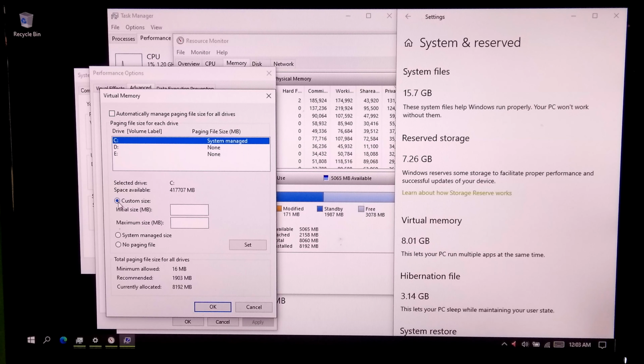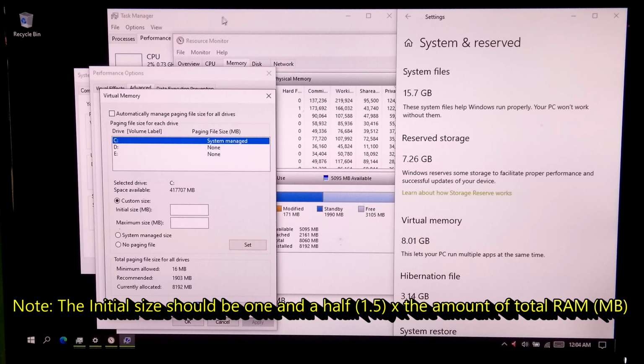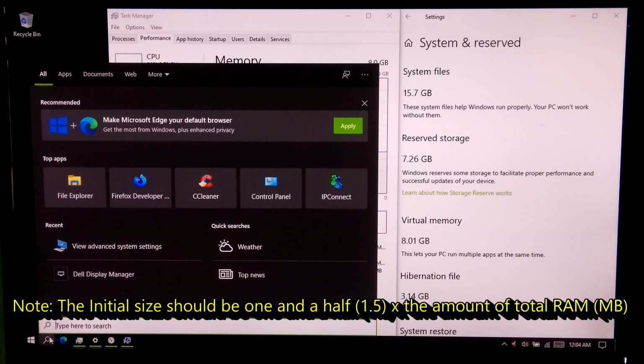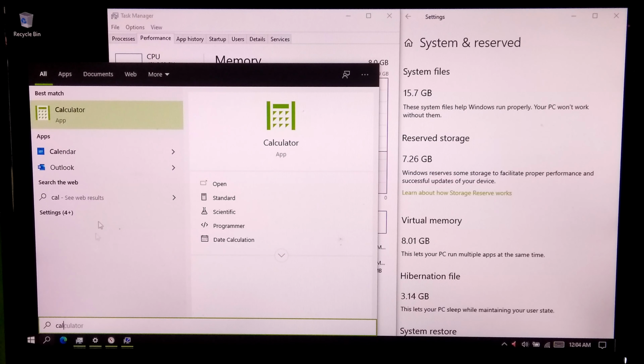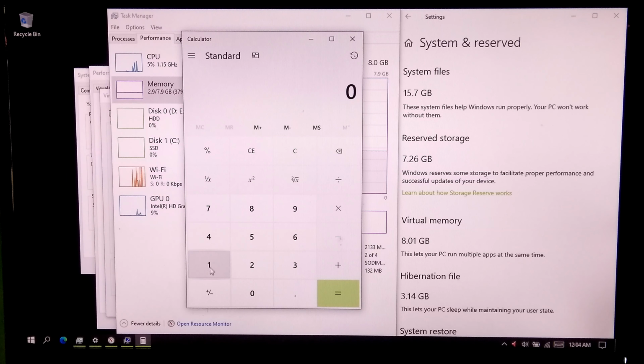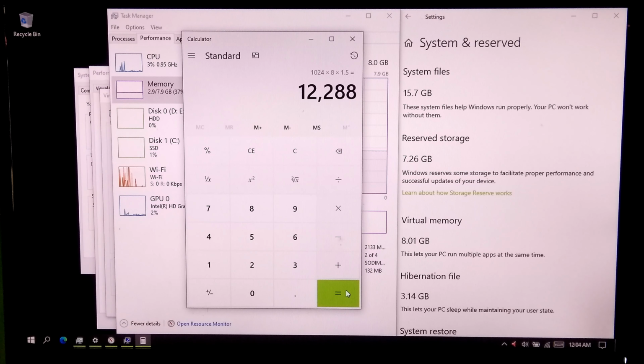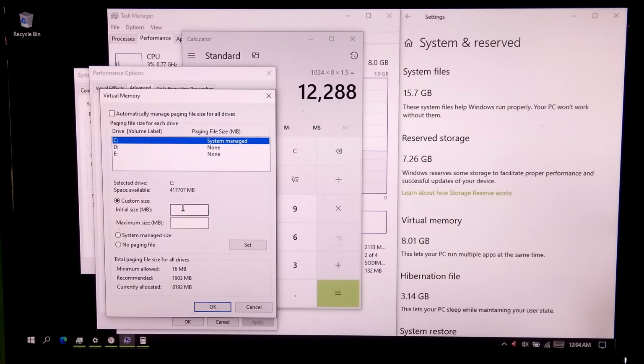Just follow the screen instruction to calculate the virtual memory size. The initial size should be 1.5 multiplied by the amount of total RAM. So, if you have 8 GB RAM, then the initial size should be 12,288 megabytes.